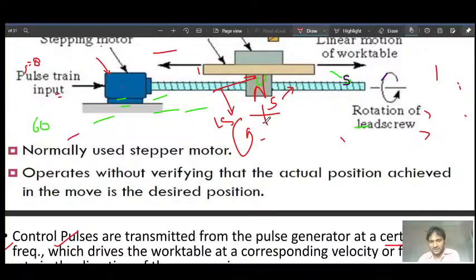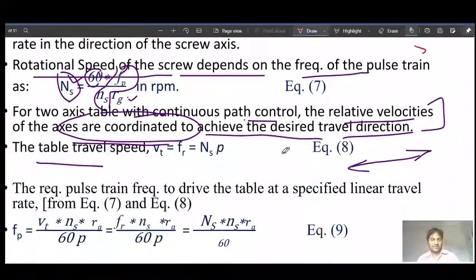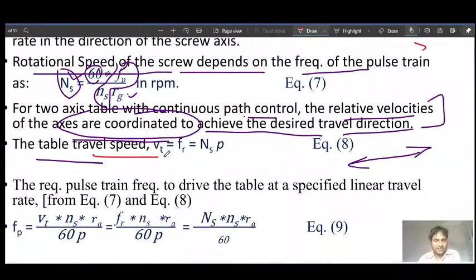Ns is the RPM. It means the total number of rotations in 60 seconds. If we multiply by the pitch value, we get the total distance traveled in 60 seconds. So, can we say it is velocity, in distance per minute, because we have used 60. In the same way, that becomes our feed rate, table speed or travel velocity of the table, Vt.